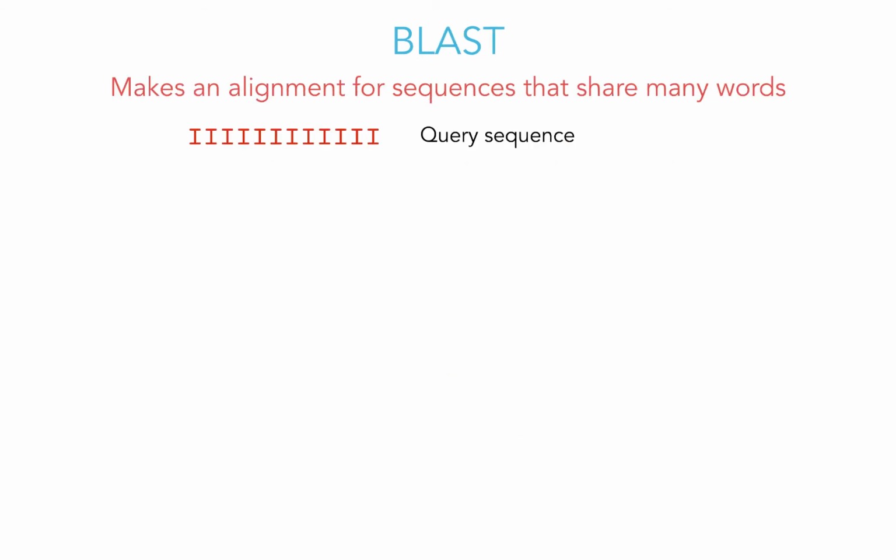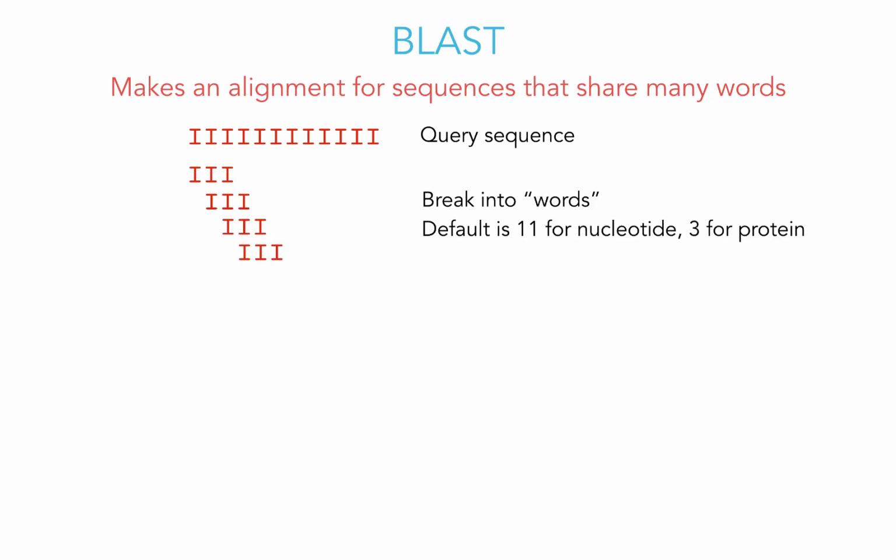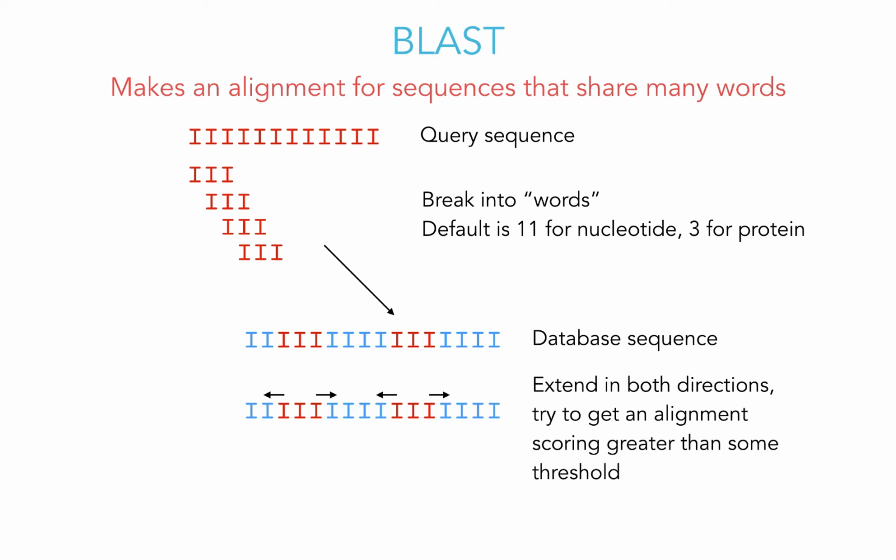Okay, so how does this work? We've got our query sequence. We break it up into words. And then within our database sequence, we try to see how many match. Now, once we get matches,